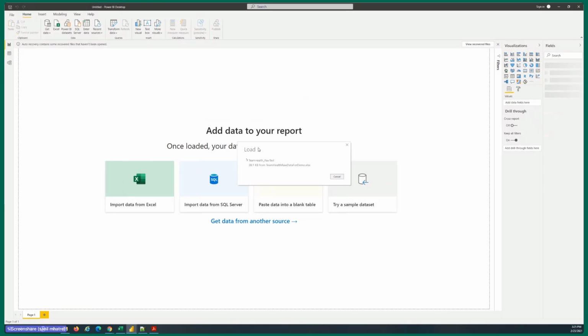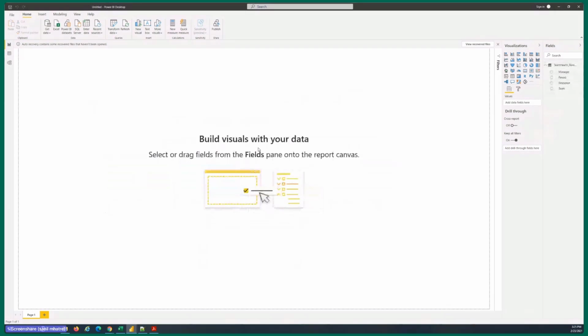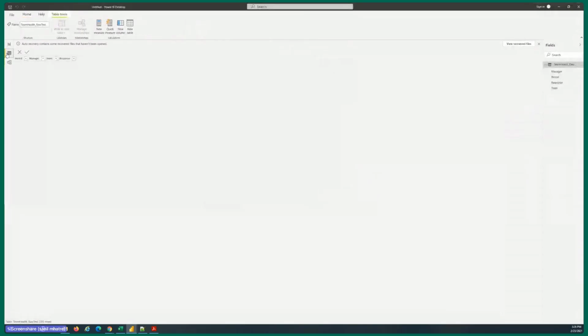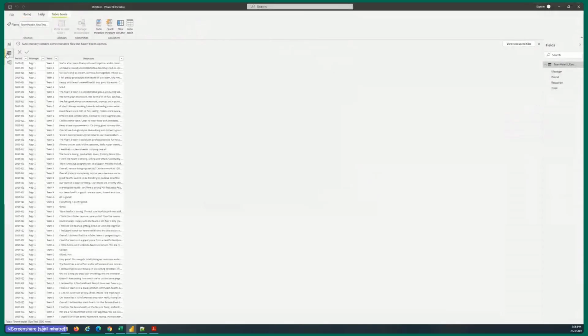This is a fairly small data set, only 300 rows, so I don't expect it to run for too long. So the data set is now loaded, and you can see it's pretty much your Excel spreadsheet.